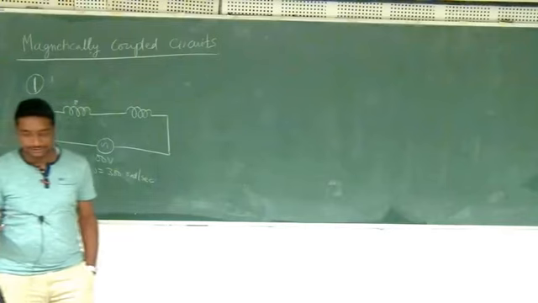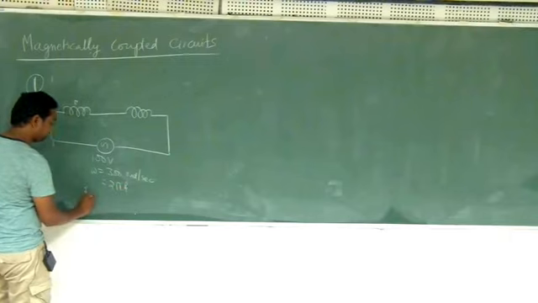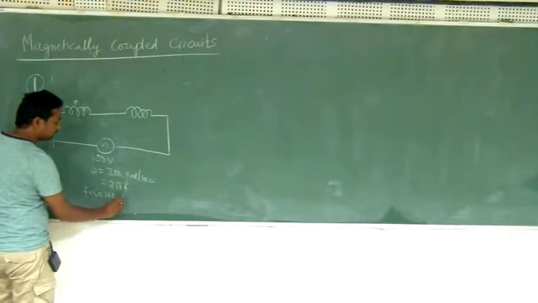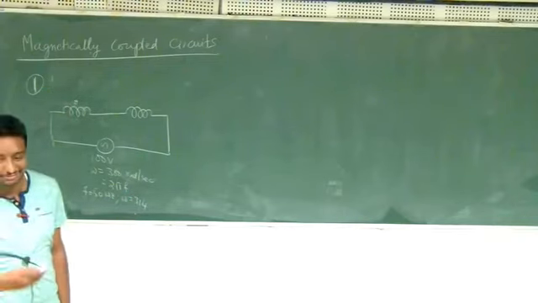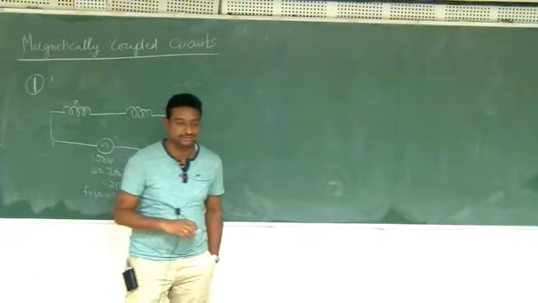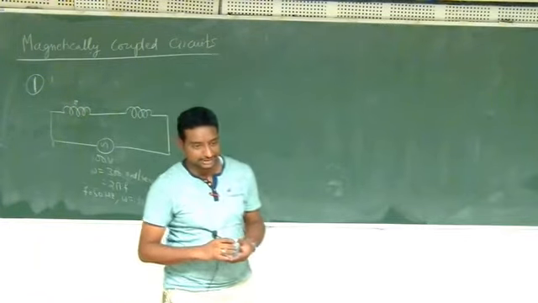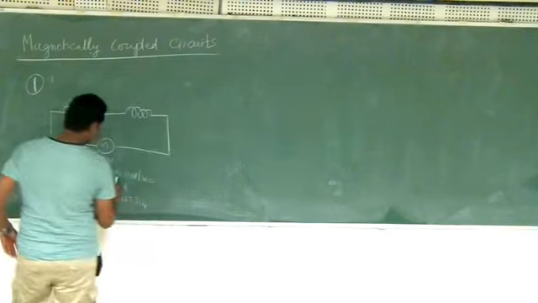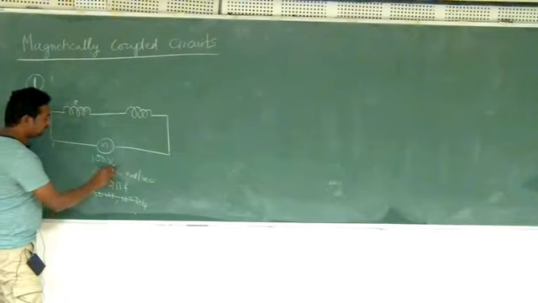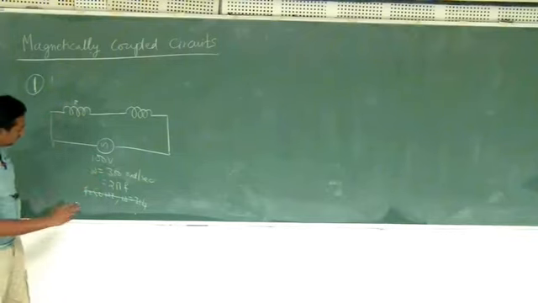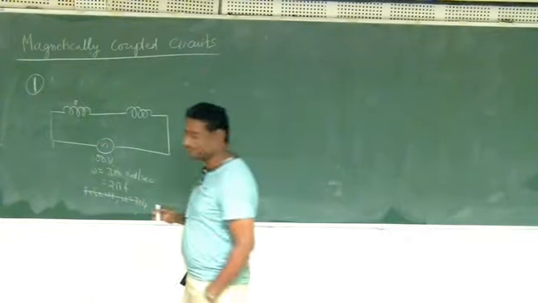Normally you are used to seeing omega is nothing but 2 pi f. So if f is 50 hertz, then approximately you will get omega is 314. Okay, 314 is a typical number that you come across. Or if it is 60 hertz, then omega is 2 into pi into 60, you will get 377, something like that. Normally in textbooks it will be there. Just for ease of calculation, I am assuming omega is 300, so this one we will not consider. So it's an AC supply, 100 volt RMS voltage, and 300 radians per second is the angular frequency, the omega value.